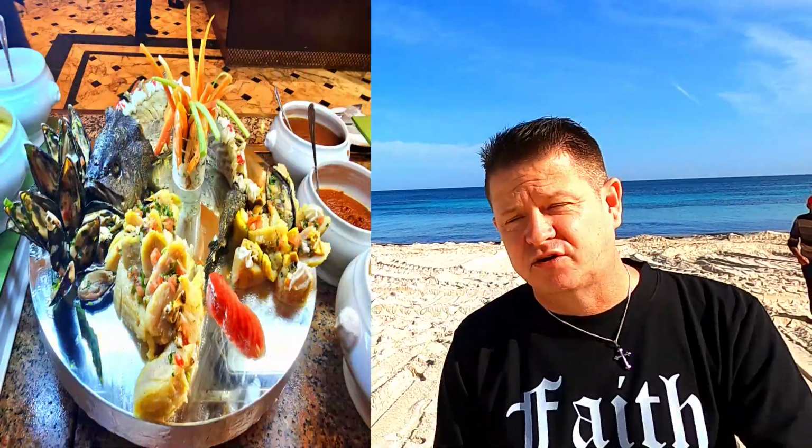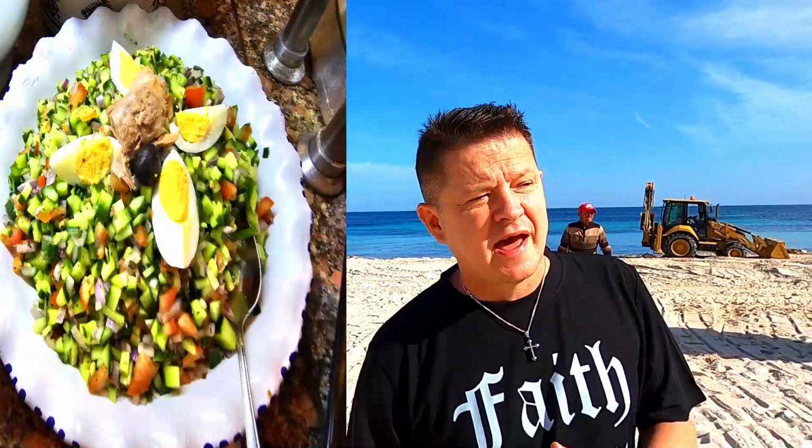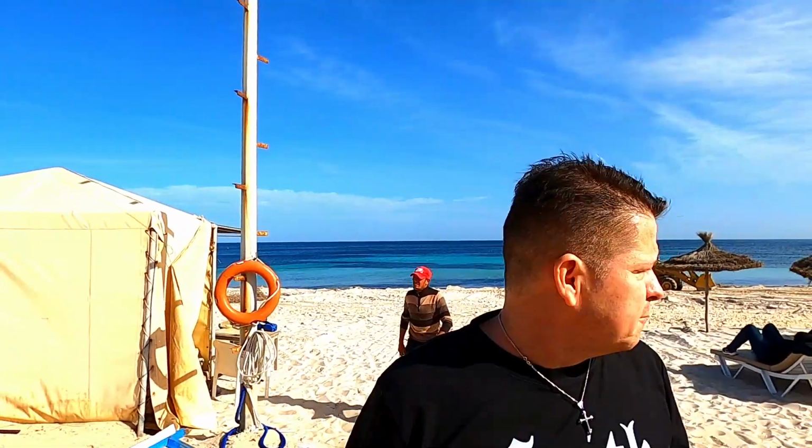That's one thing I love about the restaurants here in Kantaoui Bay, the fresh fish. You'll see it on a couple of pictures, you'll see it on a couple of videos as well, because we're going to do one on the restaurants. We'll do a breakfast one and we'll do an evening meal one as well, so that's pretty good, so look out for those videos. And like I said, this is all Kantaoui's beach here. It stretches from just up there right the way down here, so we're going to take a walk up towards the hotel and I'll show you